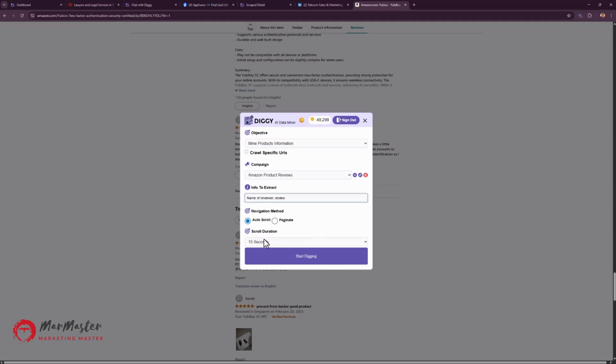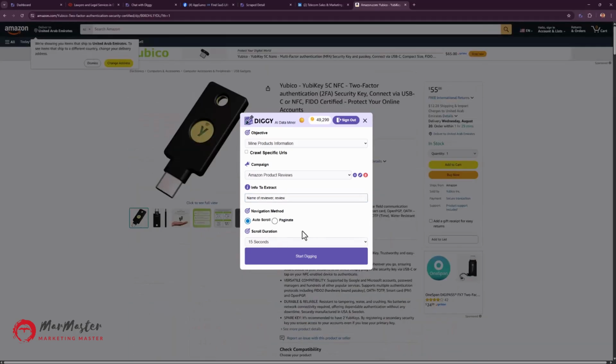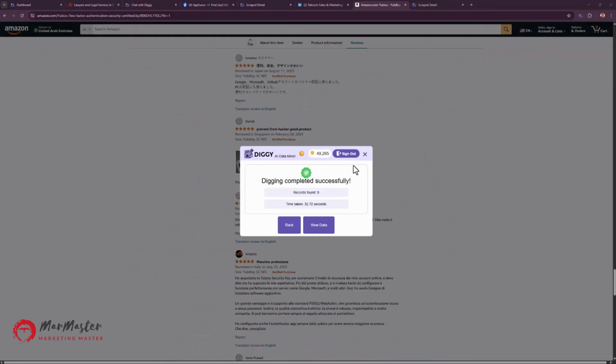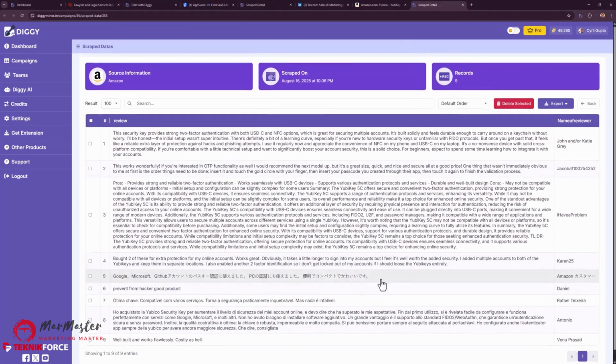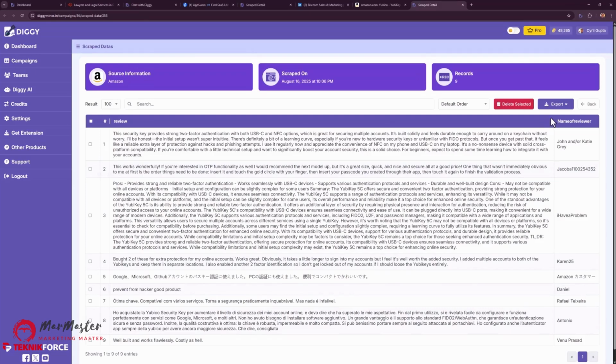and we'll keep it auto scrollable. Let's go to the top of the page. Let's do 30 seconds and click on start digging. And it was able to grab 9 reviews. If you go into the scrape data, the names are here and you've got the review, and you can chat with this data too. We'll just go to Diggy AI,